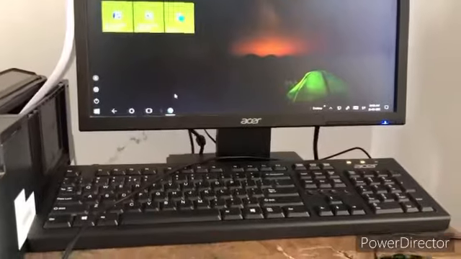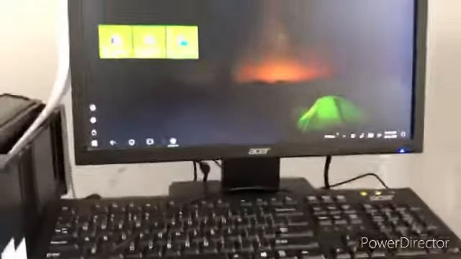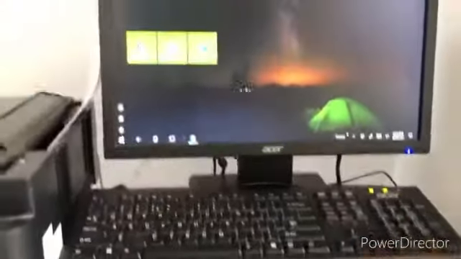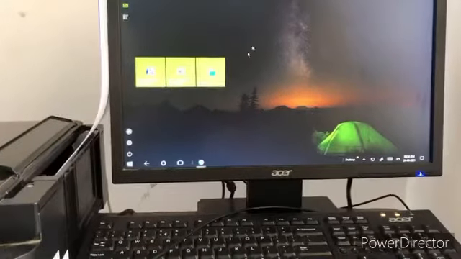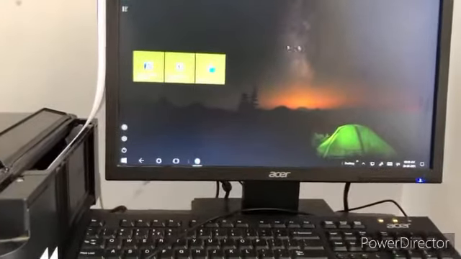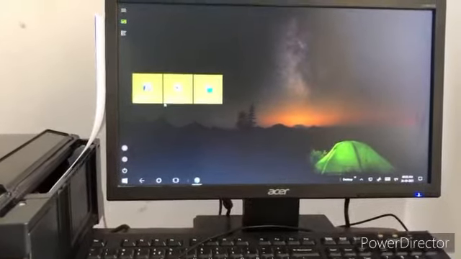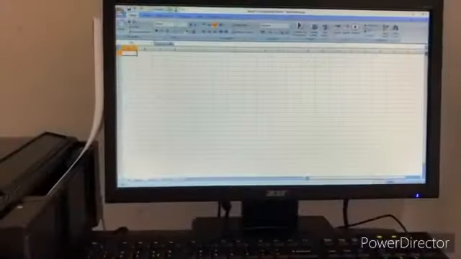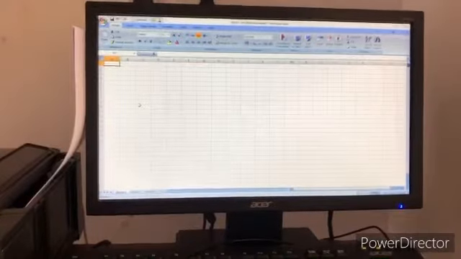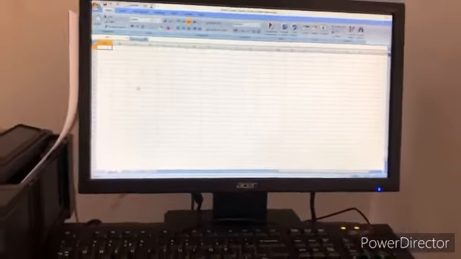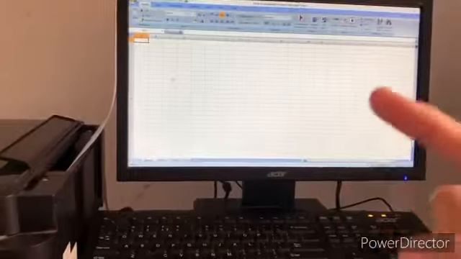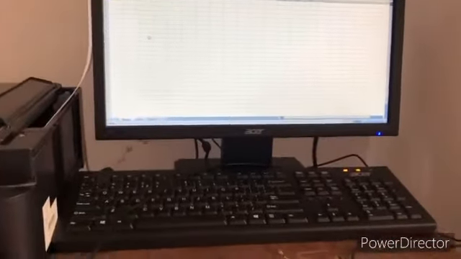Now see here the use of the computer. The mouse scrolls the cursor. This is the cursor, right? We give a command on the CPU and then we open an Excel sheet.